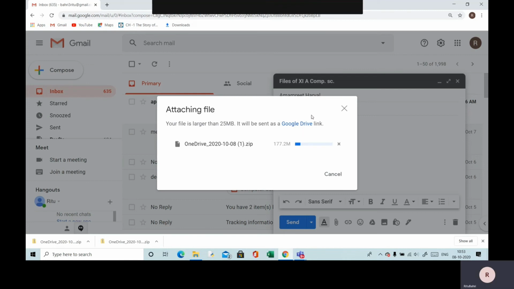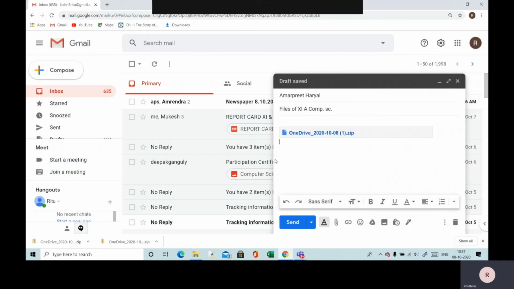So this file will be saved in my Google Drive automatically, and then the link will be shared with the class teacher. Now you can see that the zip folder has been attached through Google Drive, and now we can just send it to the class teacher.